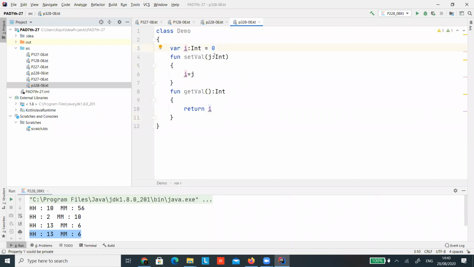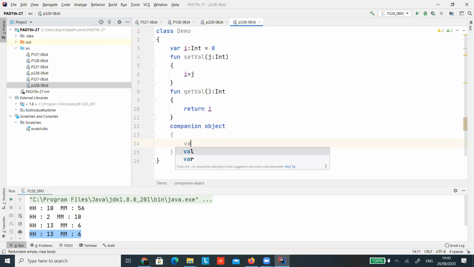With that, this variable i is not static, but I want to use some static value. Then what I can do is use a companion object. In that you can have any string or any value, so I'm just using a string, cname.